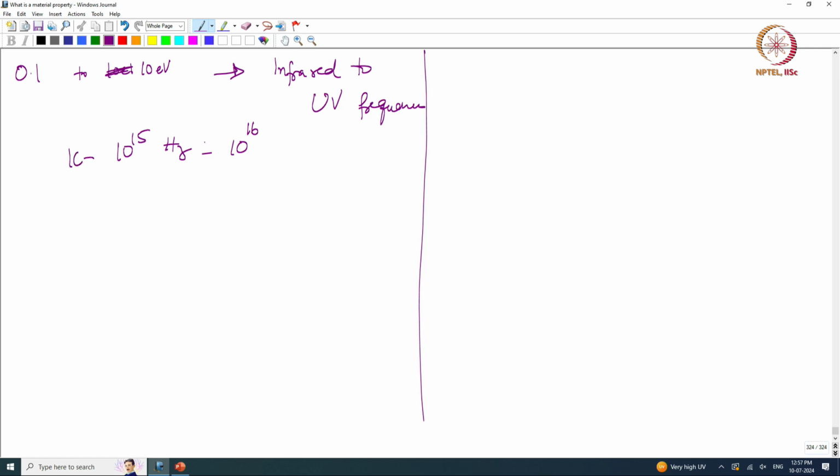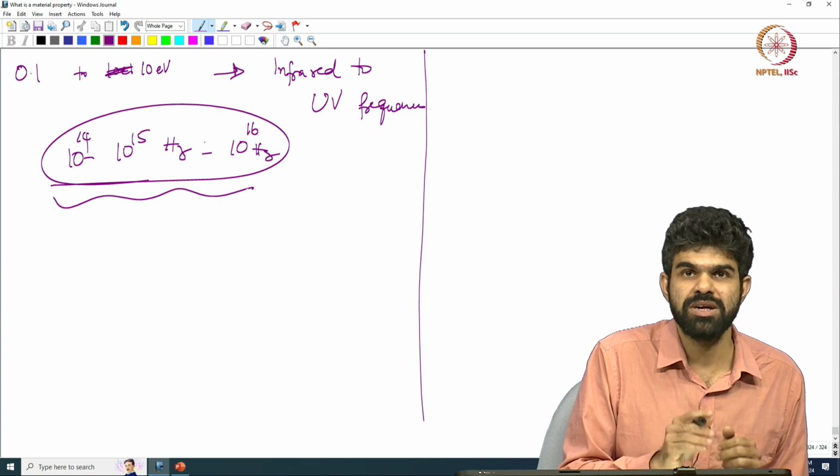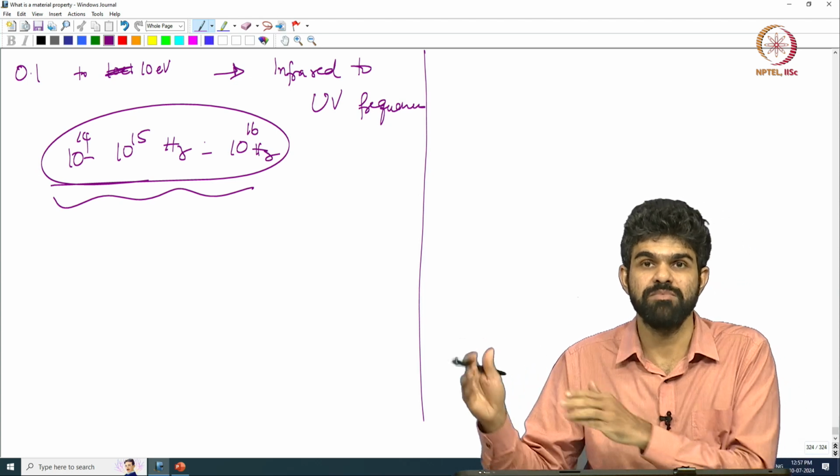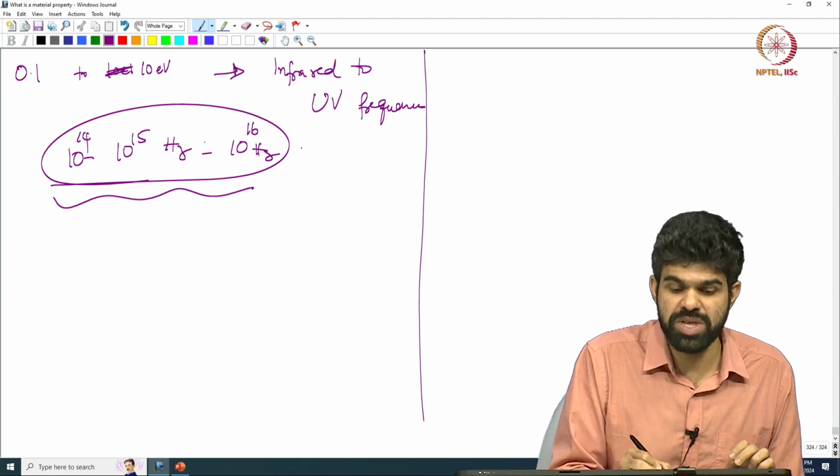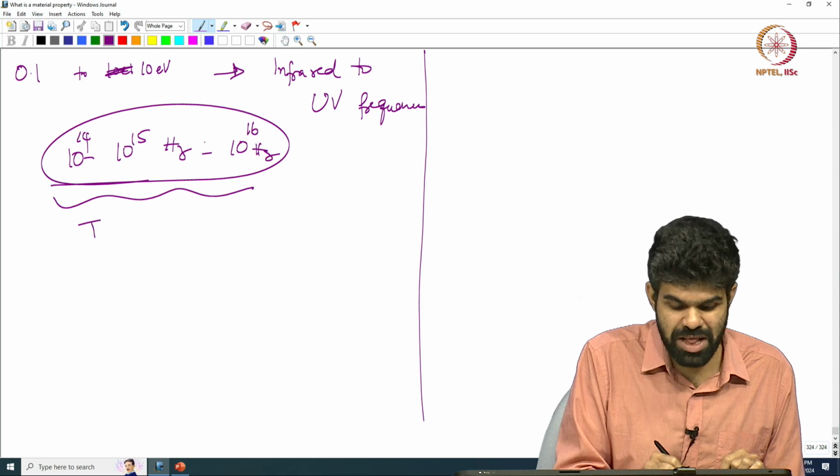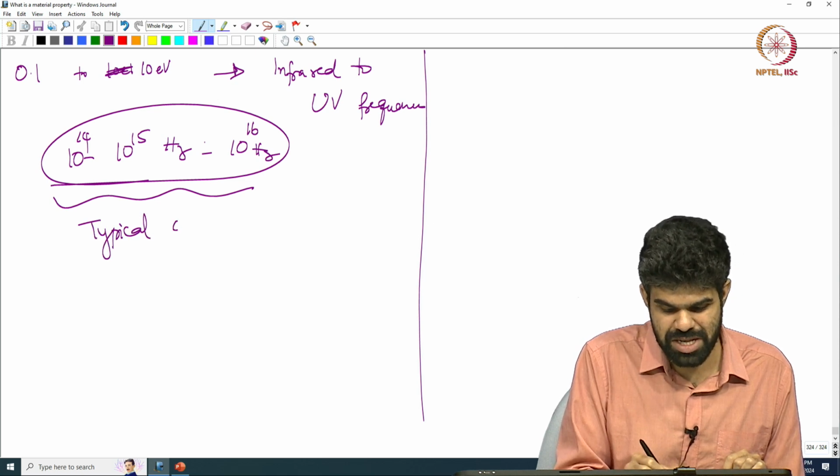So, 0.1 to 10 eV is about 2 orders of magnitude. So, 10^14 to 10^16 hertz. Okay. So, this is the range of frequencies that I cover, right. So, 10^13, 10^14, 10^15, 10^16 hertz, and these are the typical what are called optical measurements,